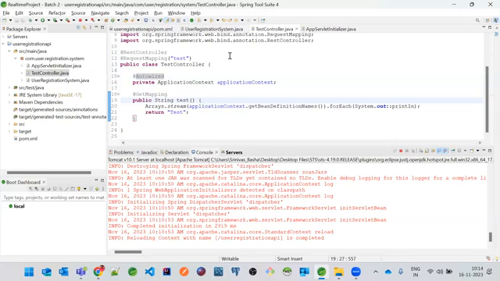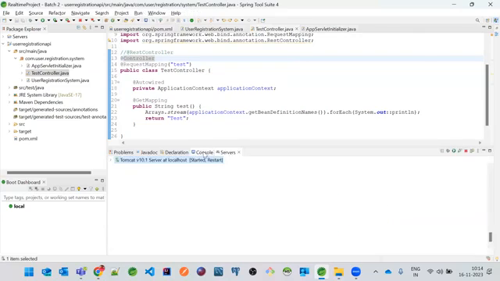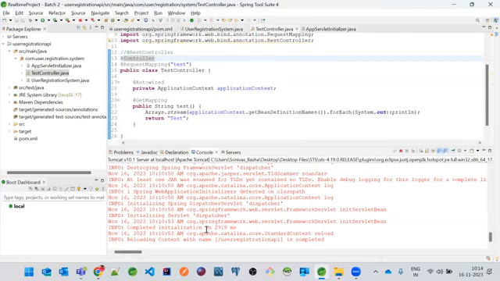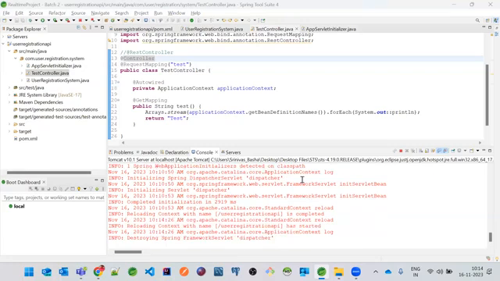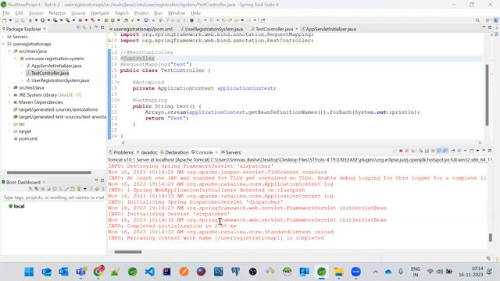Fine. So let's understand this annotation. Previously, in the old versions of Spring, we don't have this @RestController. We do have something called @Controller only. This is the old annotation. When I restart this application, it will automatically restart. Let's wait for some time. If it is Spring Boot, it will be very quick. But here it will take a lot of time to run. So this is one disadvantage of using the Spring framework alone with web.